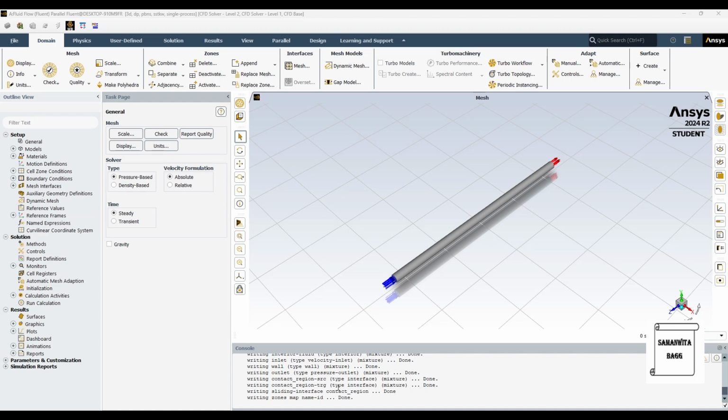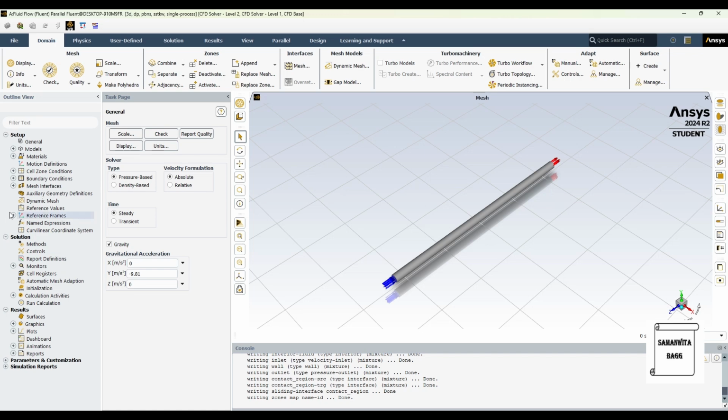In the console over here, you can see the steps that are being done. My geometry has also appeared. So now I'll come to this task page. Here I will click on gravity. Along the y-axis, I'll give the gravitational acceleration as minus 9.81 meter per second square.